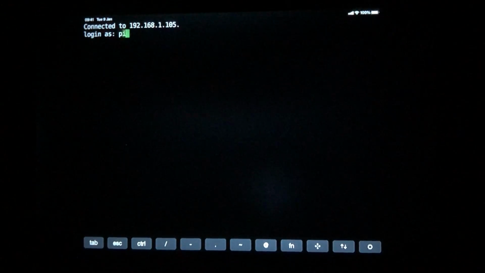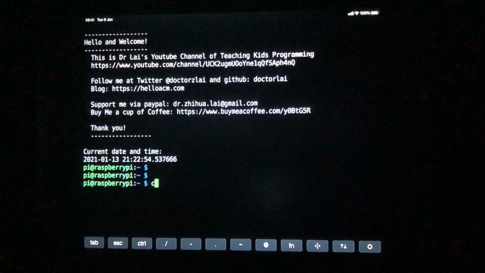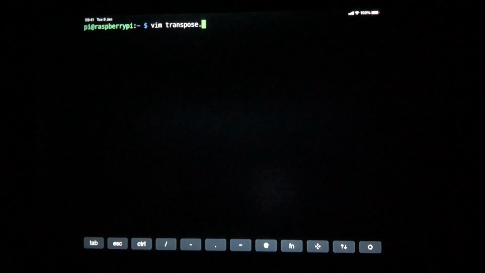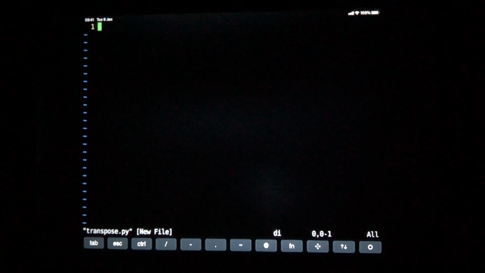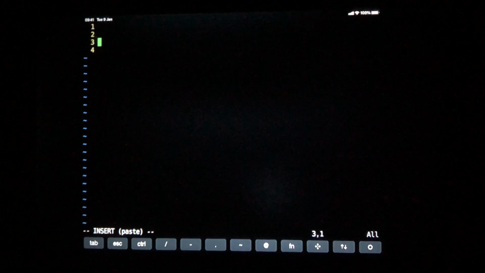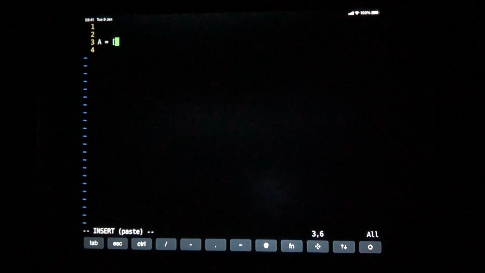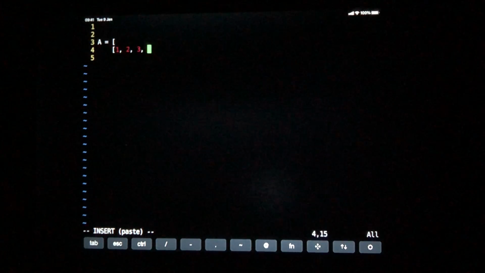Let's do the coding now. Okay, good. So let's do the transpose. I wasn't here yesterday. Yeah, that's okay. So let's do this original matrix. Okay, so we can do this. So A equals 1, 2, 3. Okay, and then